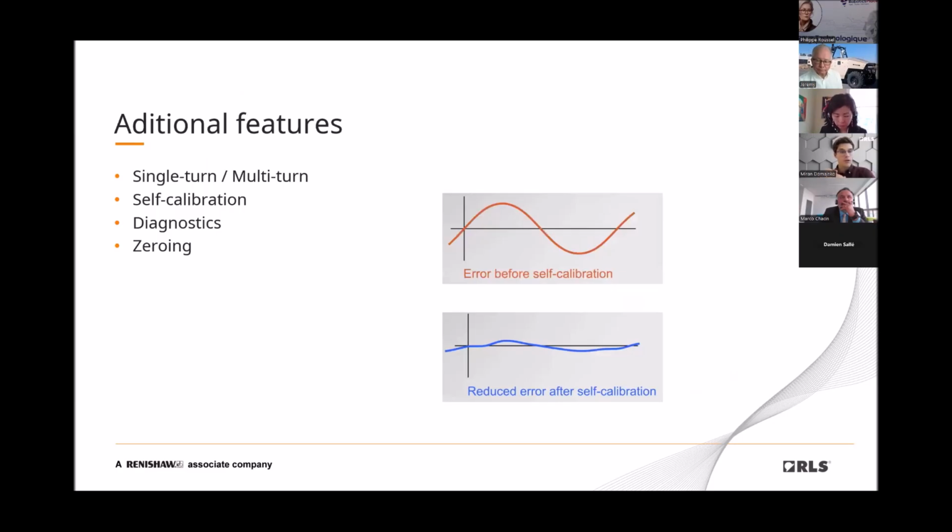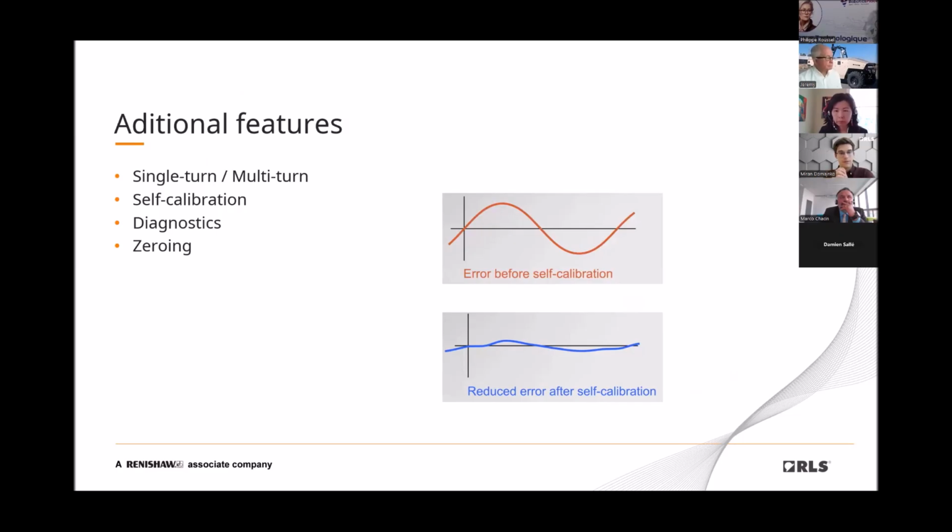Additional features we can also consider with encoders are whether we're taking a single-turn or a multi-turn encoder. In case we decide for a multi-turn encoder, not only will we know the exact location within the whole rotation, but also be able to count